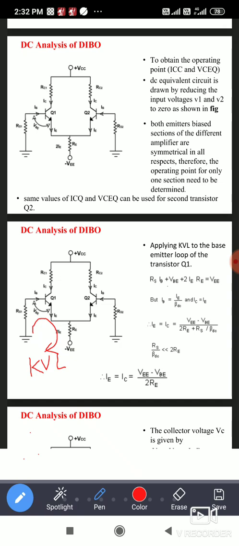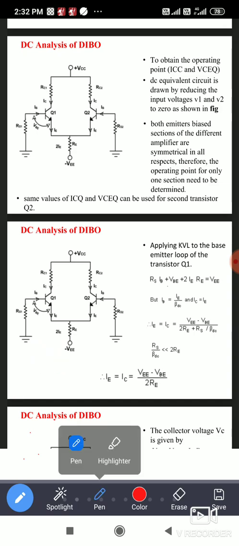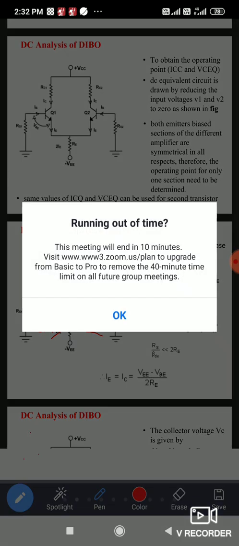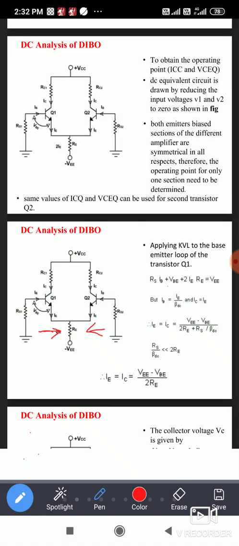ना नेक्स्ट वन, इकडनं पण I करंट फ्लो होत आहे, Q2 कडनं पण I करंट फ्लो होते, पण दोन्ही I मिक्स झाल्यावर काय होणार आहे? 2 into I. So that 2 into I current will be flowing through the emitter resistor RE. ते तुम्हाला दिसते का बघा? I current is incoming here, here also I current is incoming. So both will be flowing through RE. मग दोन्ही I जर मिक्स झालं तर I plus I becomes what? 2IE. Am I correct? So that is flowing through resistor RE.